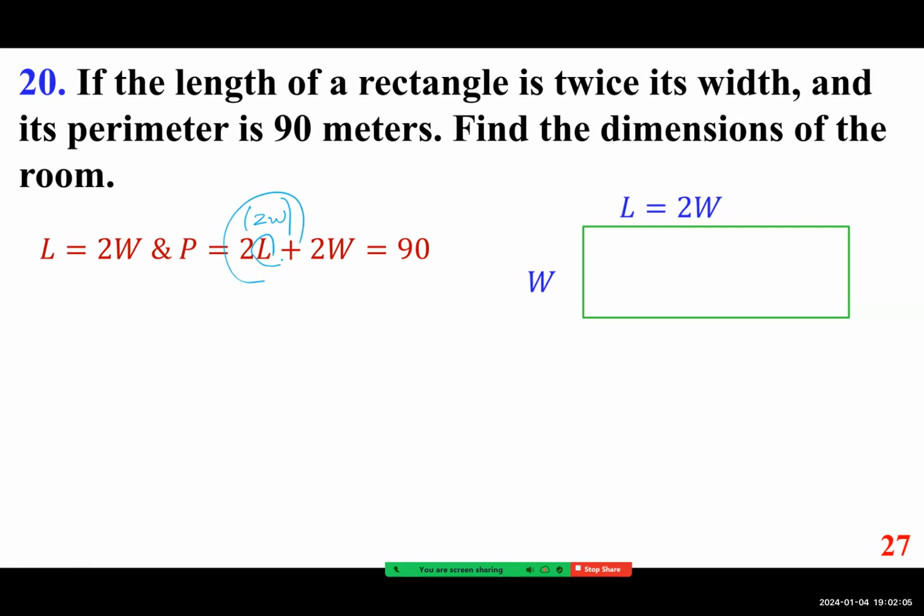So this is 4W plus 2W makes it 6W. And we divide both sides by 6. And the width becomes 90 divided by 6, or 15